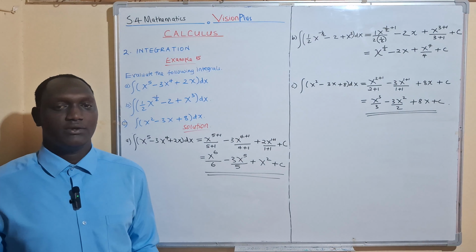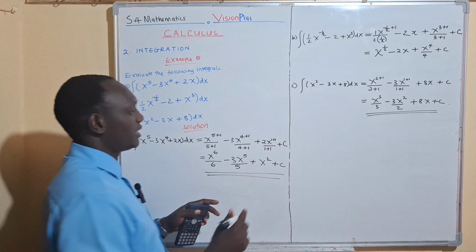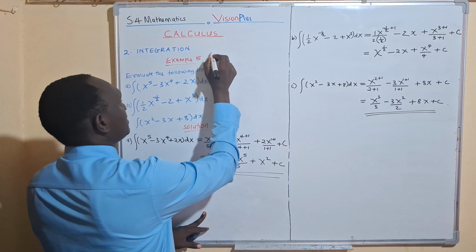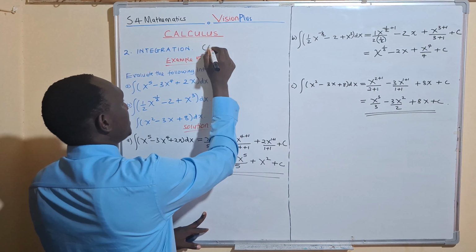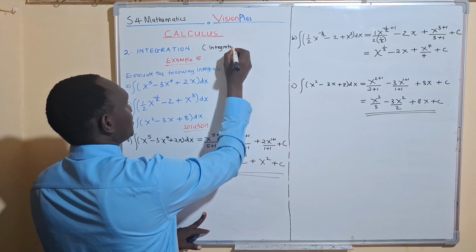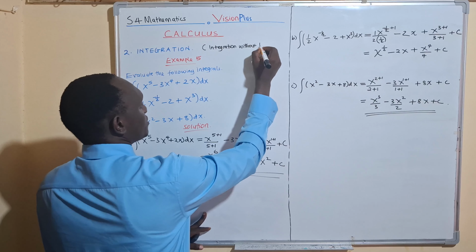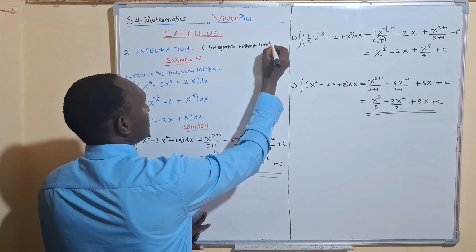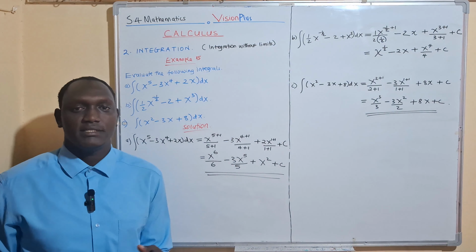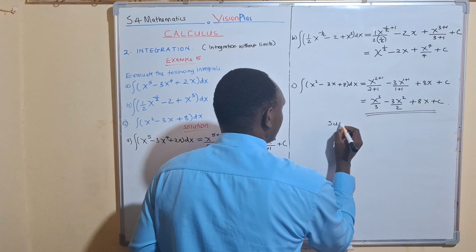And we have come to the end of integrating without limits. What we have been doing here was integration without limits. All the numbers we have done from 1 to this question 5, integration without limits. So we shall now start looking at integration with limits. So what is the main takeaway summary of integration? The summary to integration